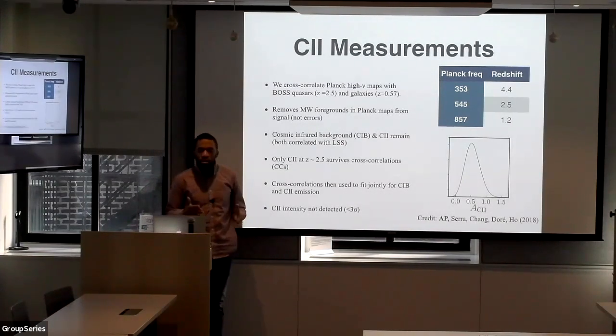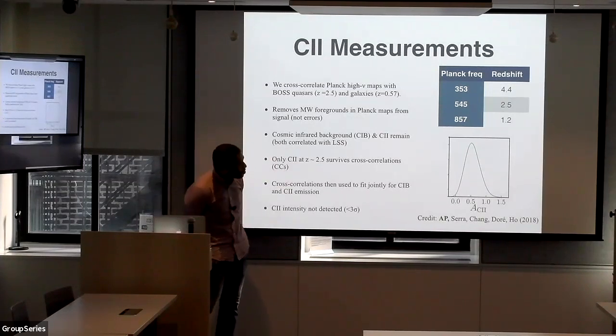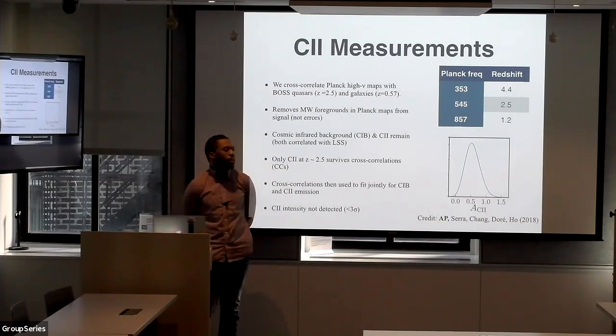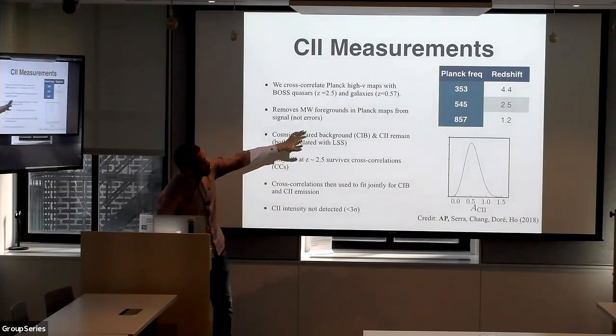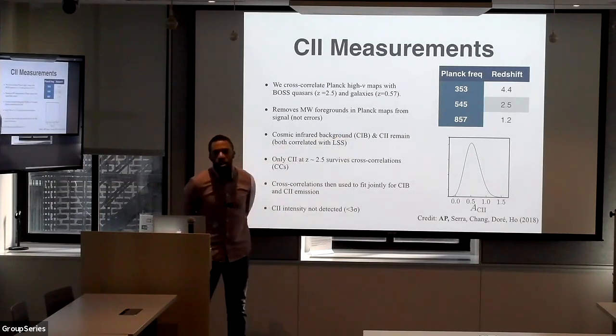And so what we can do is we can expect that for these bands, the 340, the 353, 545 and 857 band, if we cross-correlate all of those with only quasars from redshift 2.5, or around that range, then any C2 at these redshifts for the other bands would not cross-correlate with our quasars, and those would fall